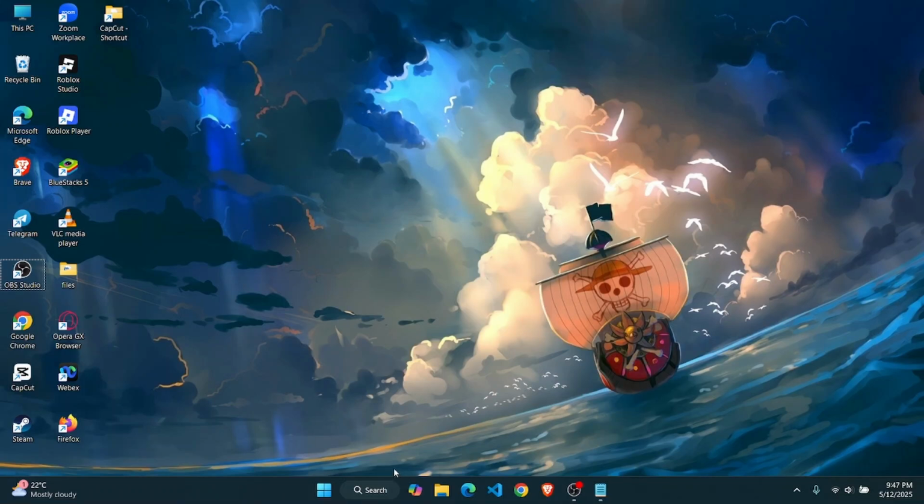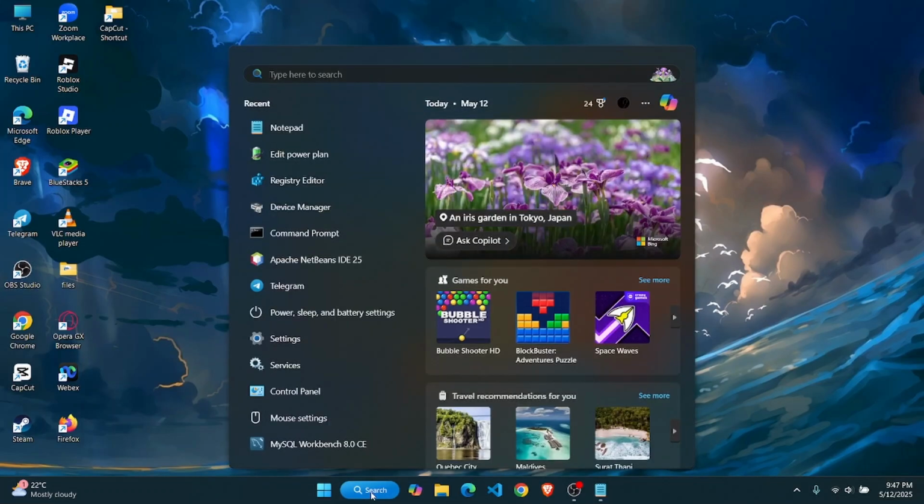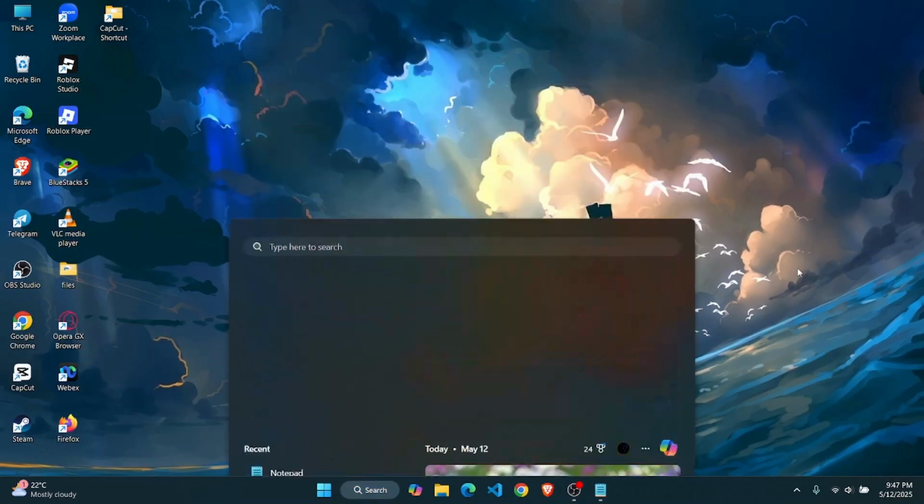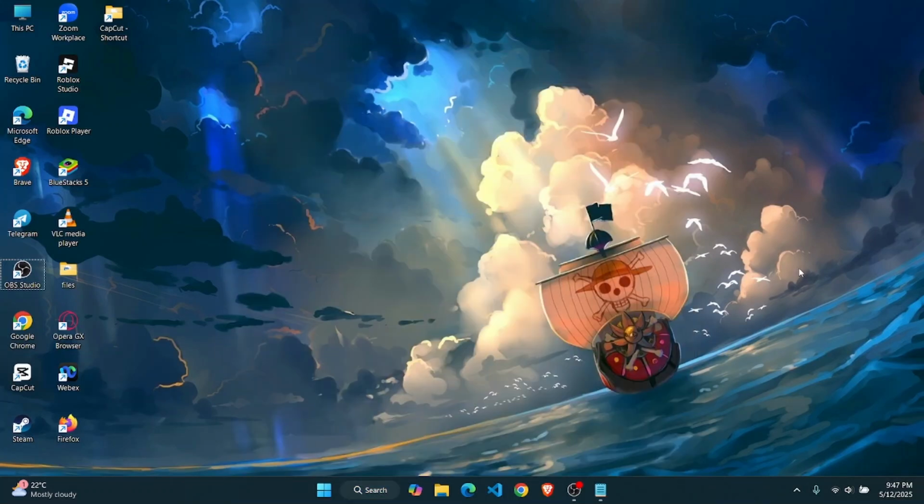The very first thing you want to do is just go ahead and open up your search bar and then tap on it. Now you can just go ahead and search for anything you want, but if you're not able to type here like I can, then what you need to do is press Windows plus R to open your